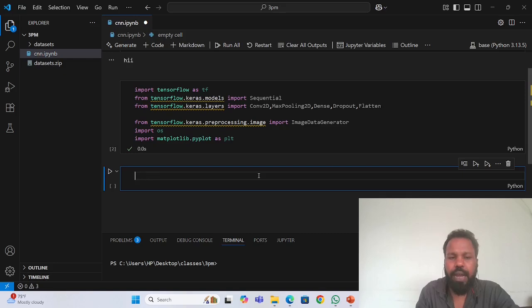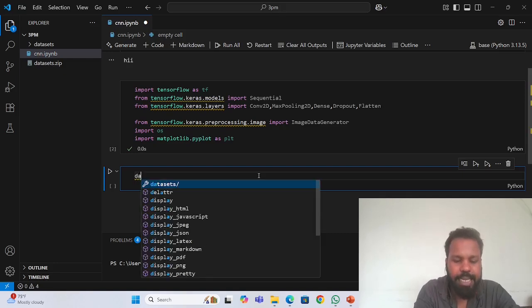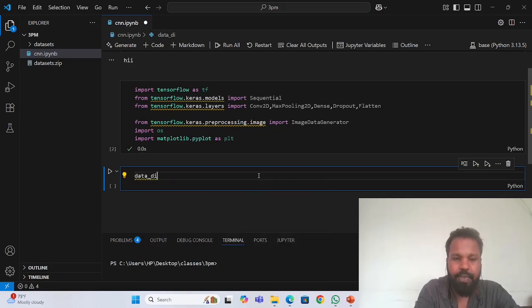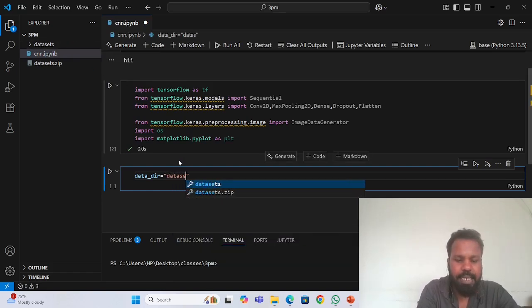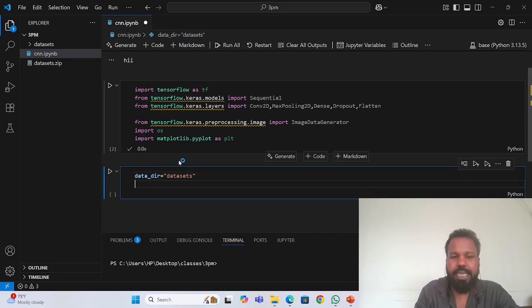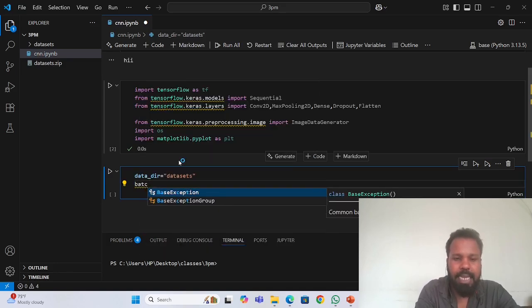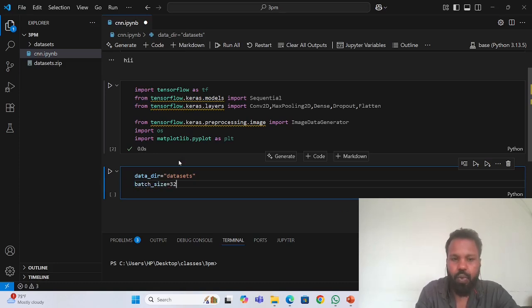Now we have to take data_dir equals to the directory from which we are taking the images. So we need to take from these datasets, right? So datasets. Click on enter, and then batch_size, we are taking 32. And then epochs equals to 32,